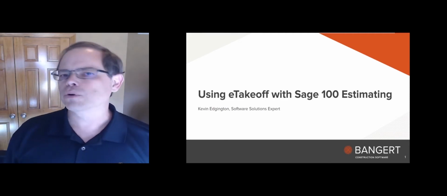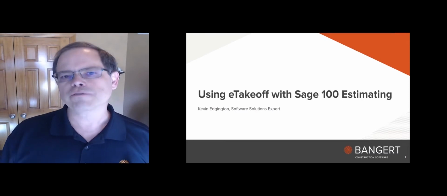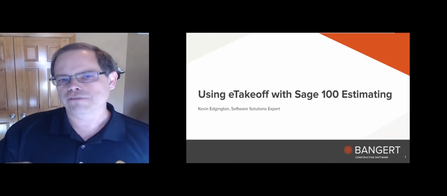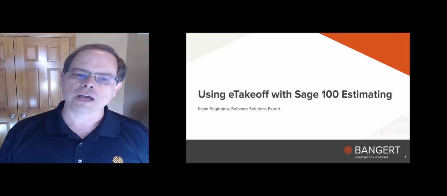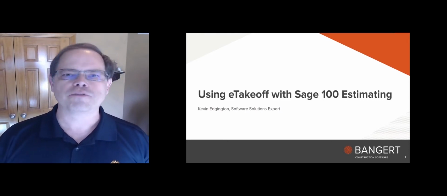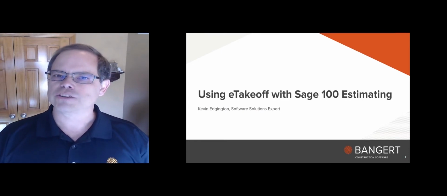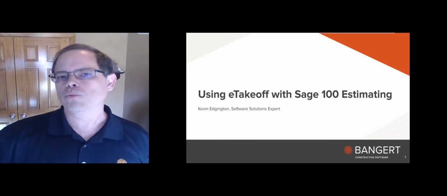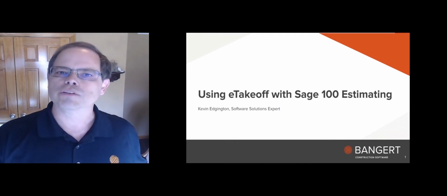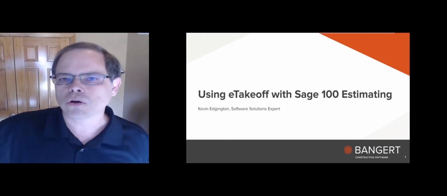So in this session, we're going to focus on how do I actually do counts. And I'm not going to focus too much on counting 1, 2, 3, 4, 5 and just clicking on things, because I figure that's easy enough. But what I want to focus on is eTakeoff has a very, very powerful feature that can actually go through and do a search for a particular symbol. So that way I can actually say, go look for all the windows and have the system go through and find it. And it's quite a bit more powerful than a lot of the other products out there. So let's get started.